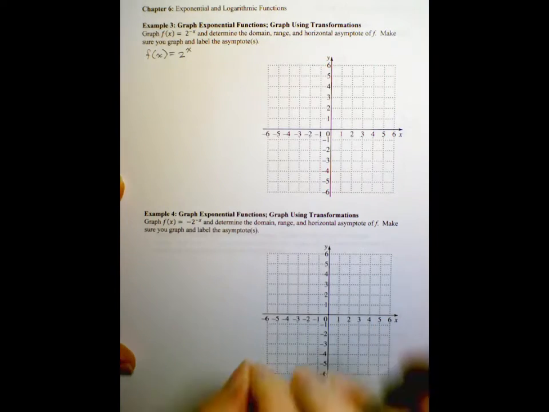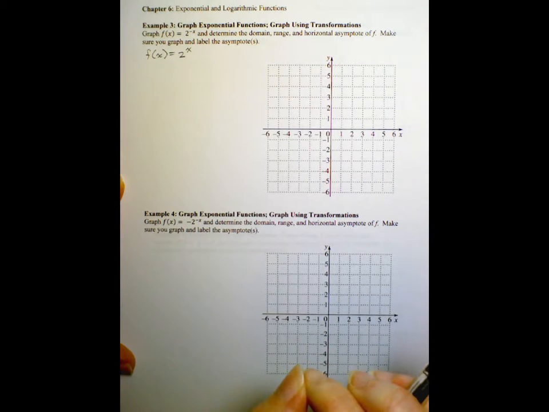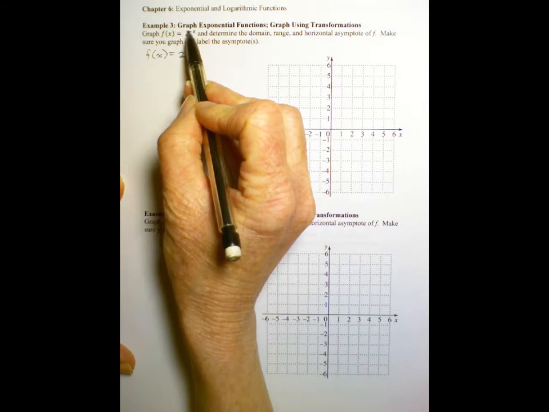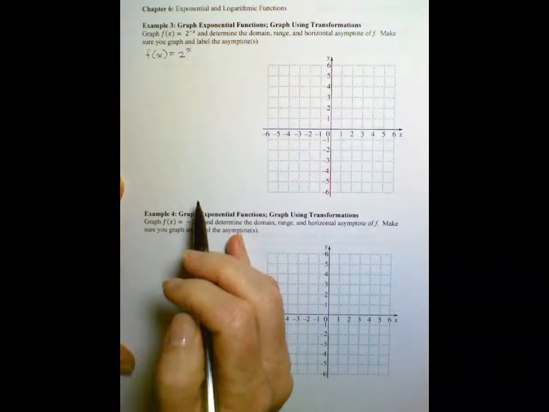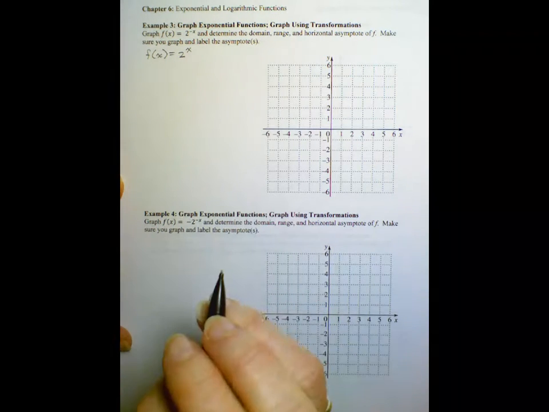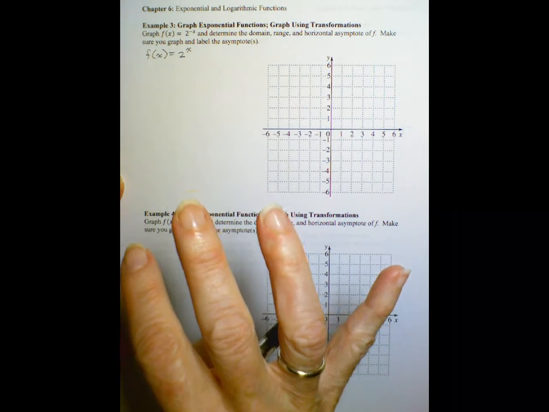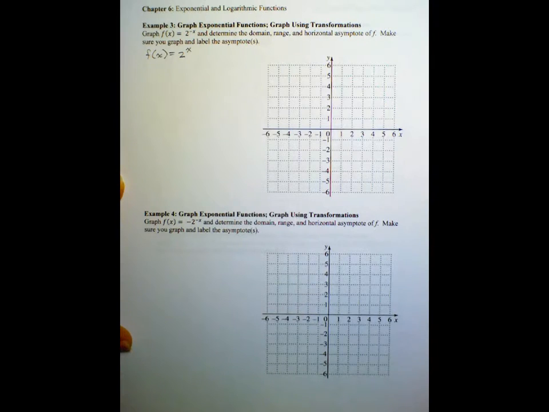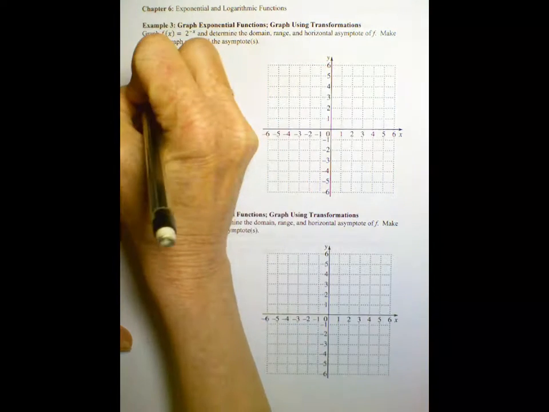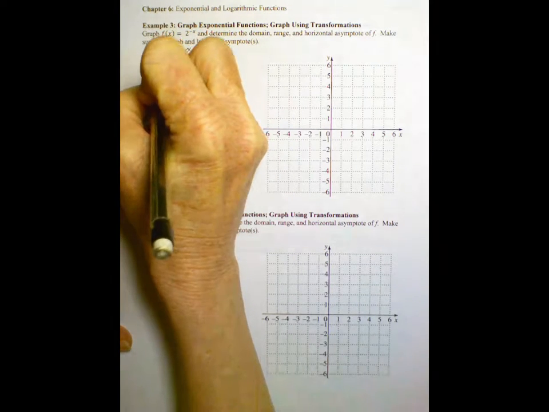Is it occurring inside the function or outside? Well, it's inside. You have to apply that negative before you raise 2 to the power. So it's inside the function. That means it has a horizontal effect, which affects our x coordinates. The y coordinates will not be affected. So the only thing we have is a horizontal